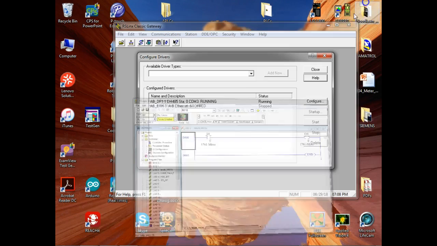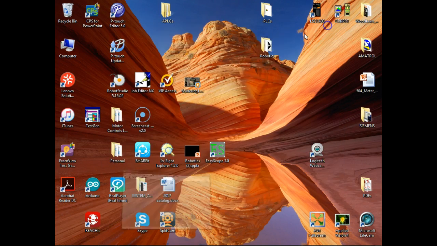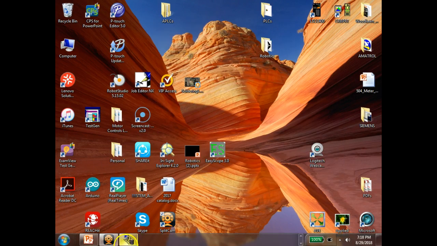But this is the technique they're using now on these PLCs. So we are getting away from the rack. And what we're going to is we're sending the